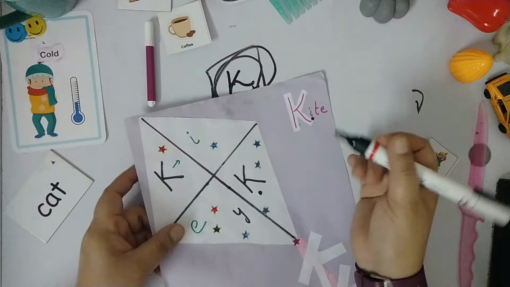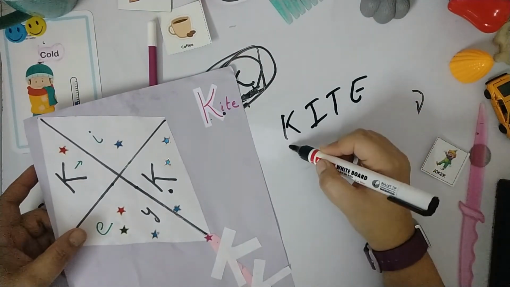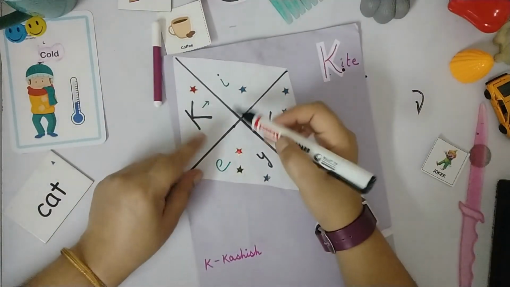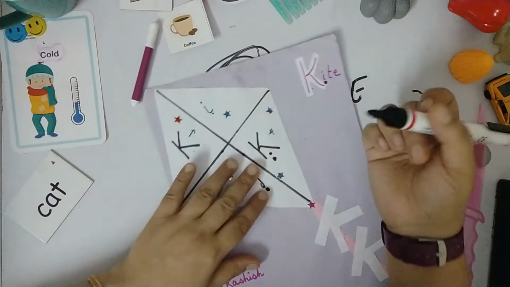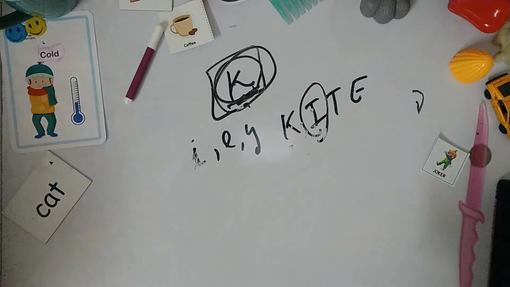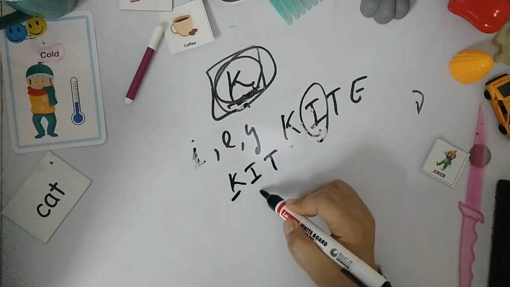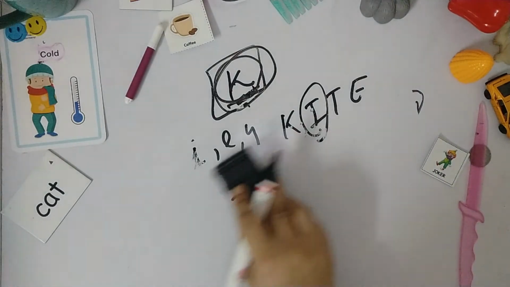Because if you take the kite example, K-I-T-E, again the same rule follows: the K sound is followed by I, E and Y. So here the K sound is followed by I, E and Y, you need to use the letter K over here. So kite, right? You can take any example like this. You can ask your toddler, what's this? This is a kit, which a doctor uses, or whatever kit you have. Again the K sound is followed by I, so here we are using K instead of C, right?